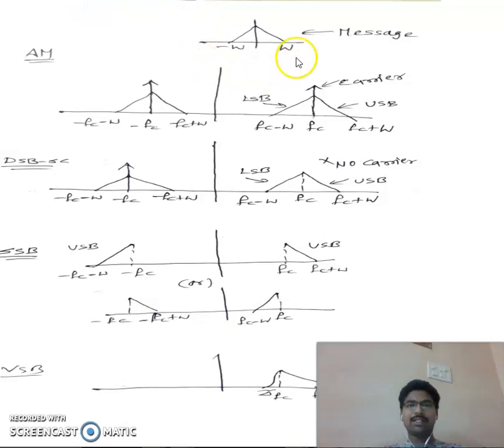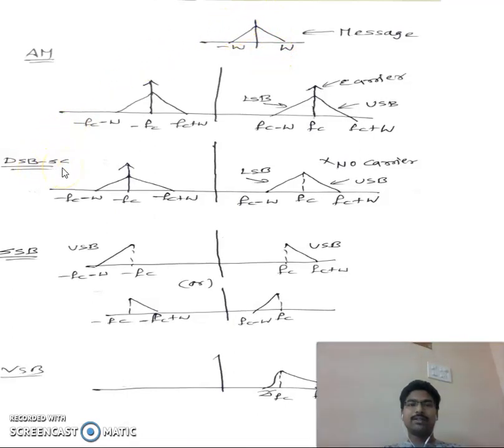Here, I have considered this one as the message signal spectrum. The message signal contains frequencies from 0 to W, where W is the highest frequency present in the message signal. Now, if you perform the double sideband suppressed carrier modulation, let us consider DSBSC modulation, then you know that one,